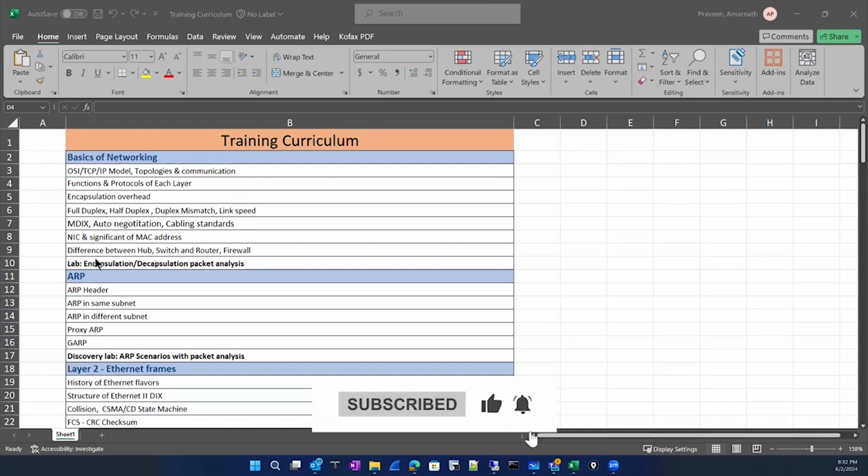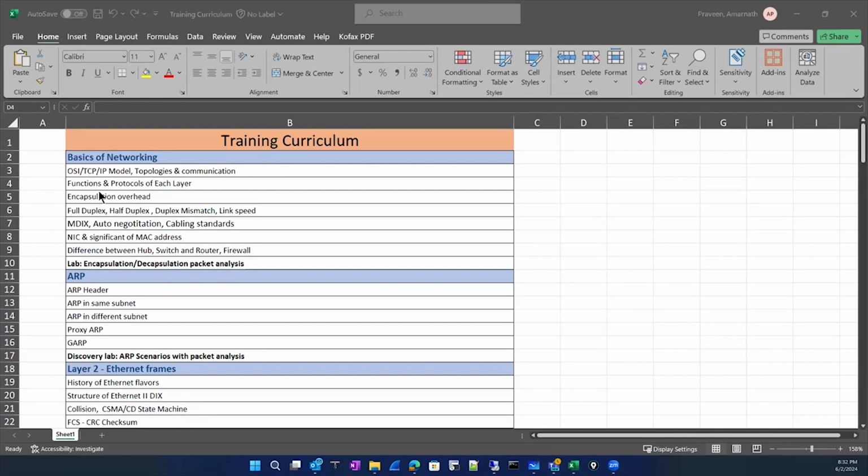So the first topic is we'll see what is OSI and TCP/IP model and the topologies and communication, followed by that we'll see the functions of every protocol in every layer, and followed by that we'll see what is encapsulation overhead. We'll do a case study. And later, we'll do a lab for encapsulation overhead, and also we'll see in the EVNG